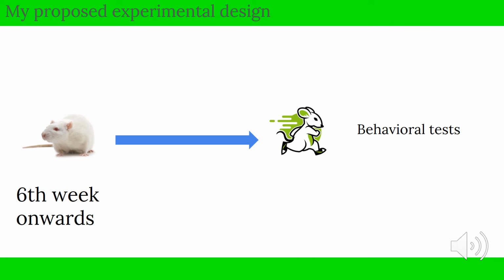And then after 6 weeks of experiment, all mice will be tested by a number of behavioral tests, such as open field tests, which can evaluate motor symptoms and anxiety of the mice, and pole tests, which can also evaluate the motor symptoms of the mice, and elevated plus maze, which can also evaluate the anxiety of the mice. So as you can see here, we can evaluate the motor and non-motor symptoms of Parkinson's disease in mice.